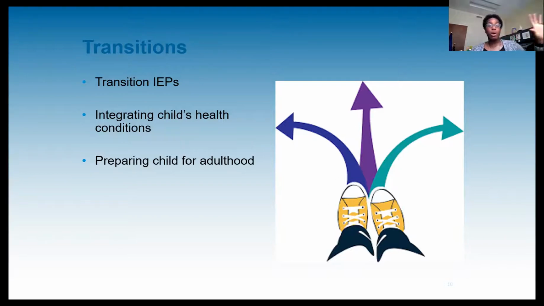So if we're looking at what is aligning from what we've established from the school and also the conversations that we've had with our care team, does it all come together to really help the child prepare for adulthood? Now, aside from an IEP, transition is something that every family should be thinking about for every kid, because we want to make sure that as they continue to get older, they transition very well from pediatrics into their adult care. And so we want to make sure that we are getting them to the point where they're able to talk about their meds and their treatments. They know their care, they can talk about it for themselves. They're independent in their care. So as they continue to get older, those are the things that we want to see.